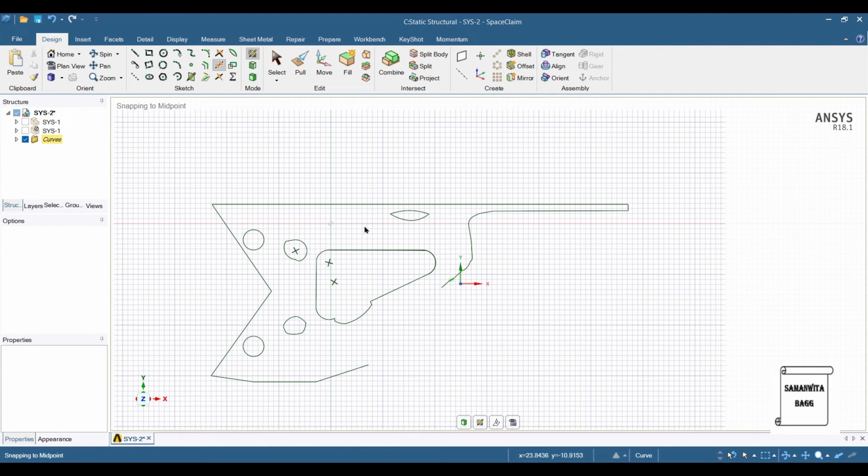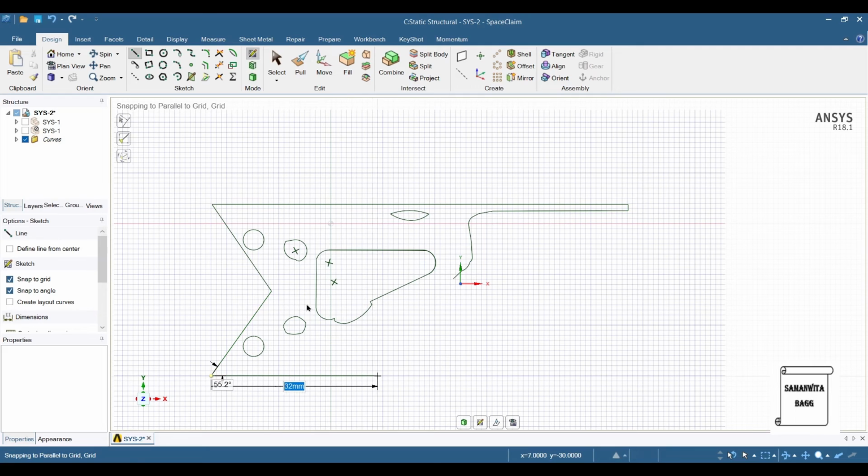This doesn't look like it is worth manufacturing, so I'll just delete these lines and I'll just draw a straight line here and then join right up to this portion.